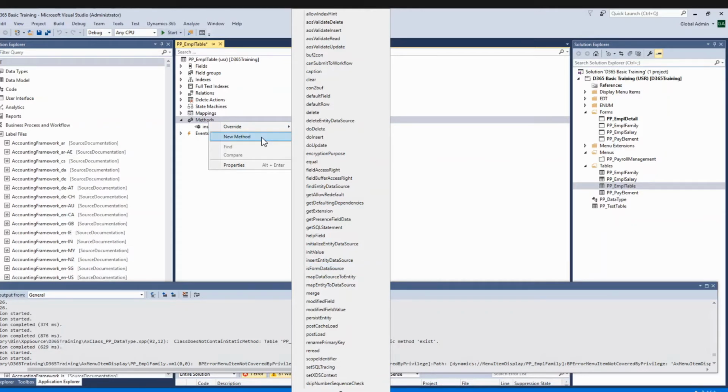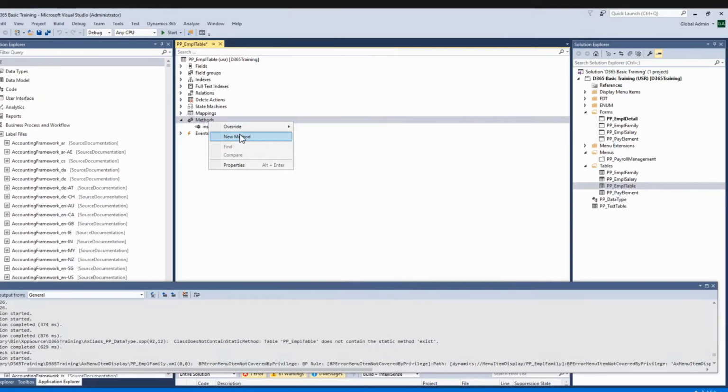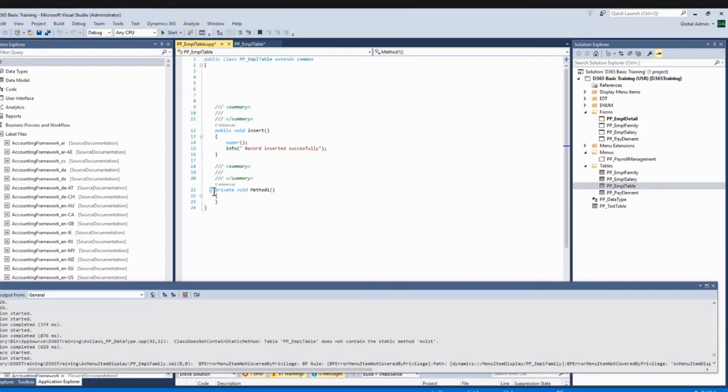For that we have to go to the new method and define the body of application defined methods. There are two important methods. We should create these two methods on any table if there is a primary key. These are very popular, you will use them very frequently. The find method is used to find a record from anywhere in your customization. If you want to find the record that matches the primary key, you can directly call that method and get that data.